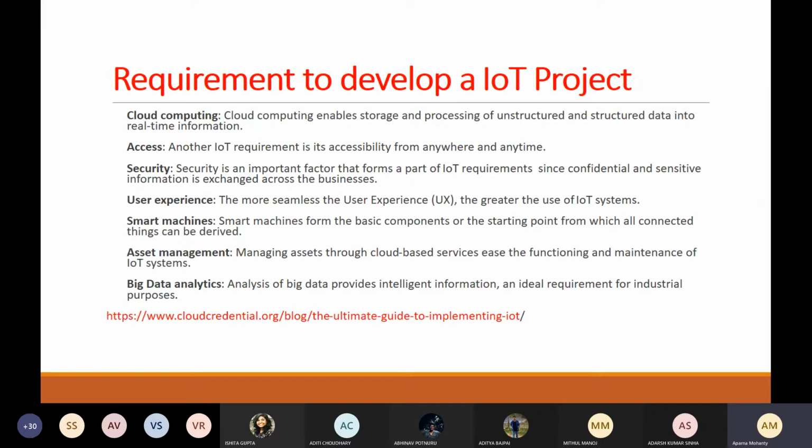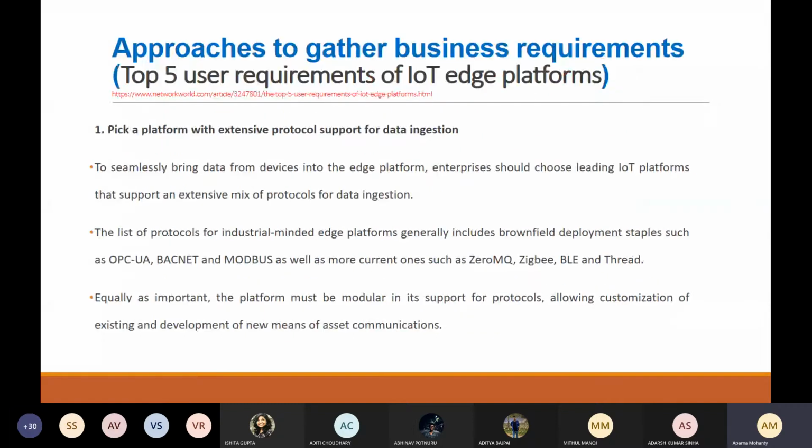Next is how to gather the business requirements. Already we studied in the previous class what the features of good requirements are. Now, how to go about collecting those requirements. If you have already written your proposal to the funding agency, you have mentioned in the paper that these are the requirements.